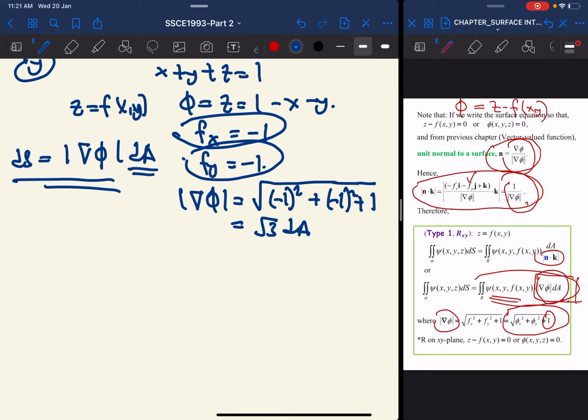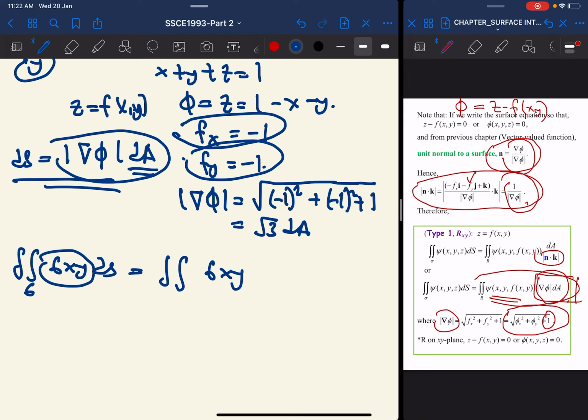The original question gives you 6xy ds, which is the given scalar function. If you substitute ds, which is equal to square root 3 dA, and take out all the constants, you get 6 square root of 3